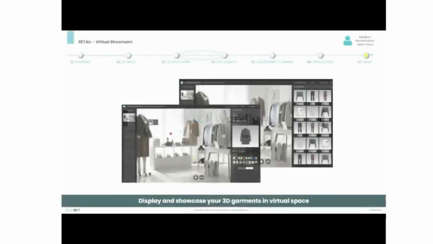So let's assume that the assortment is confirmed from the merchandiser side. And the next step would be for the sales team to showcase the assortment and the range that the merchandiser has made, right? So once the assortment is confirmed, merchandisers or sales team would be able to create the virtual showroom from the